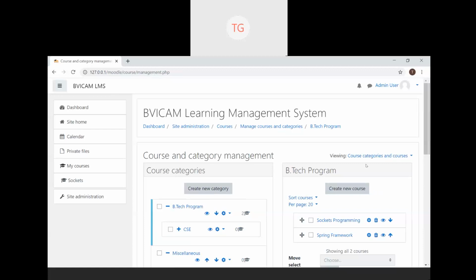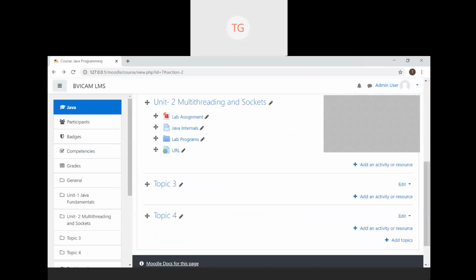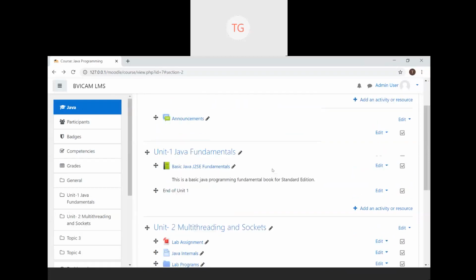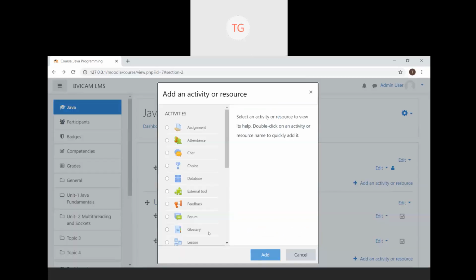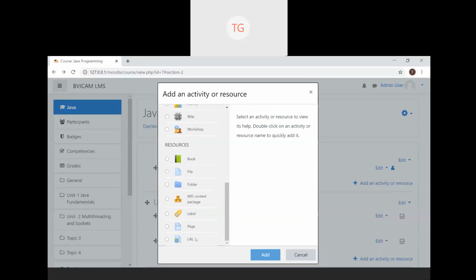No, it just shows me my Moodle folder. I am not able to see the courses which I have already created. And you see the course on the site administration page? Yes, but I cannot see it in site home. Same with me also, ma'am.